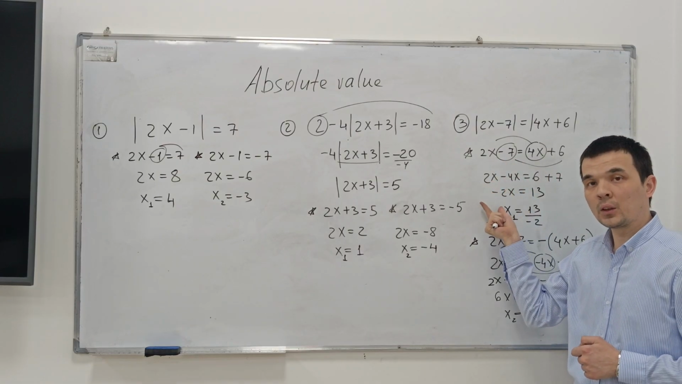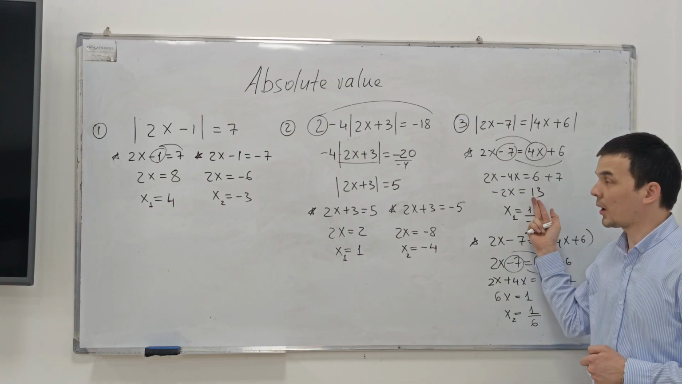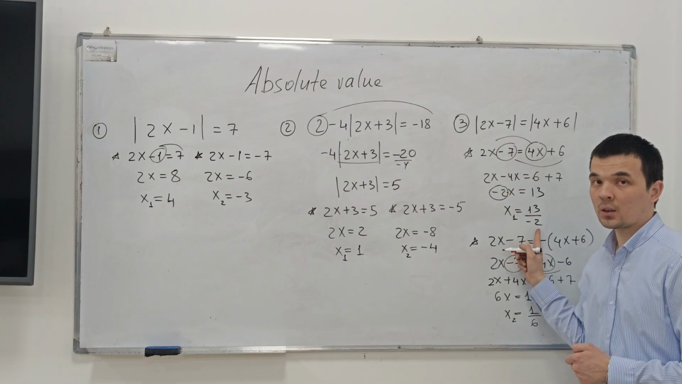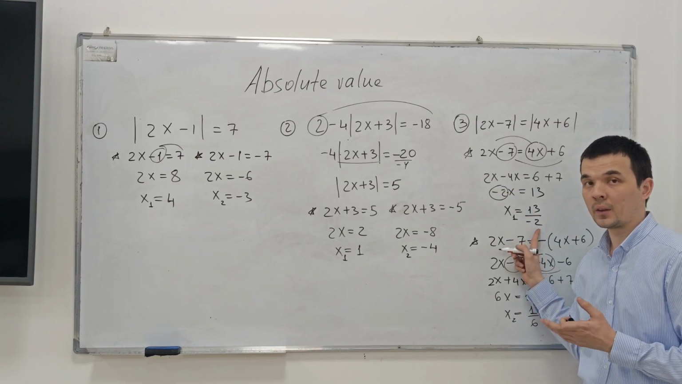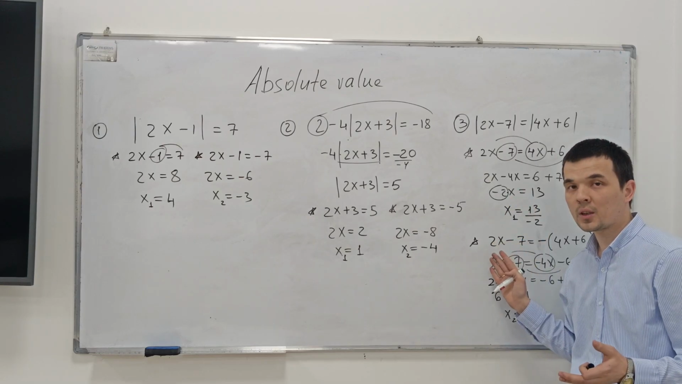Once we do that, it will give us minus 2x equal 6 plus 7, which means 13. Minus 2 multiplication should become division, and this will be our first answer for the given absolute value equation. In the second equation, please